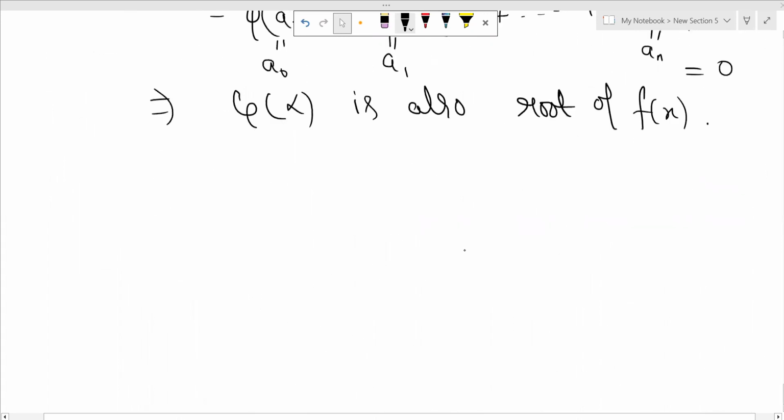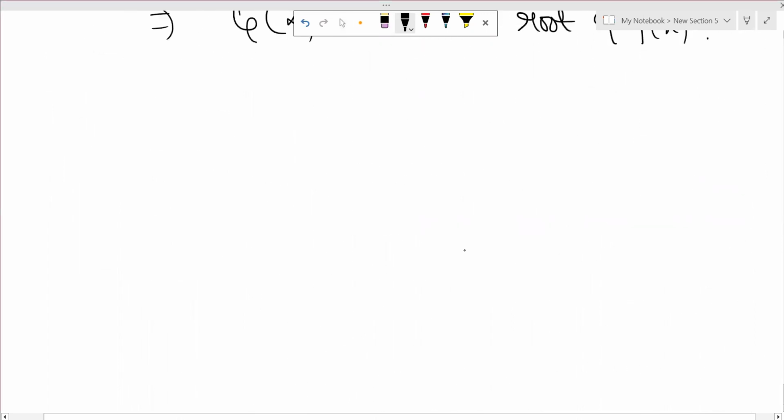So let's move ahead if you have no doubt. The second part is this: sigma mapping K to K is a field homomorphism such that sigma of cube root 2 is cube root 2, then sigma must be identity. So the second part is saying